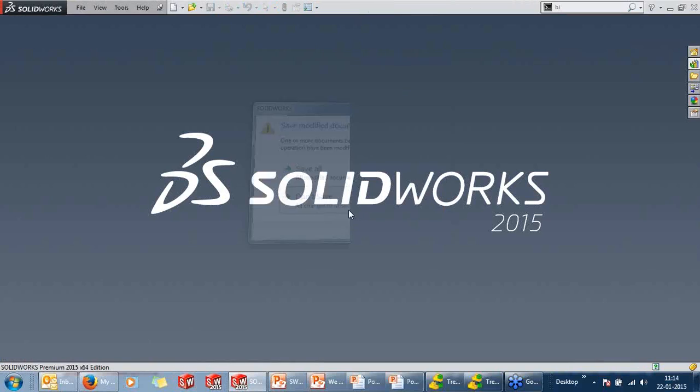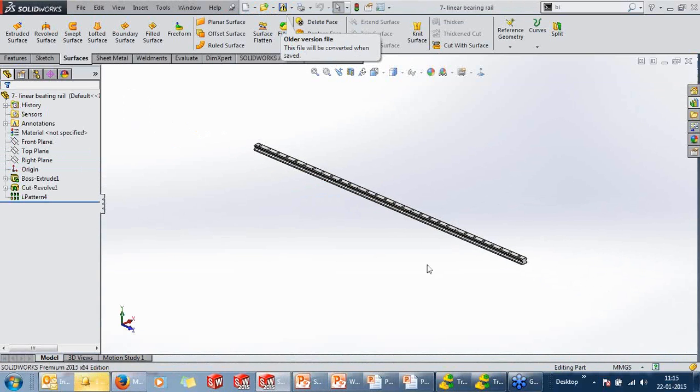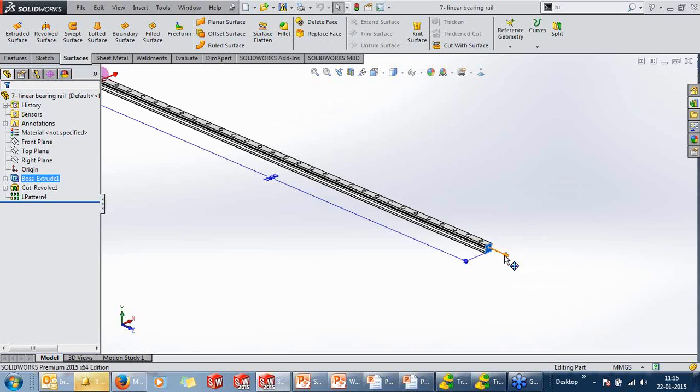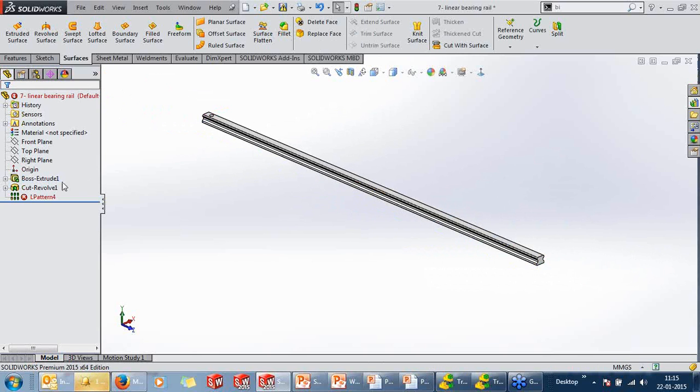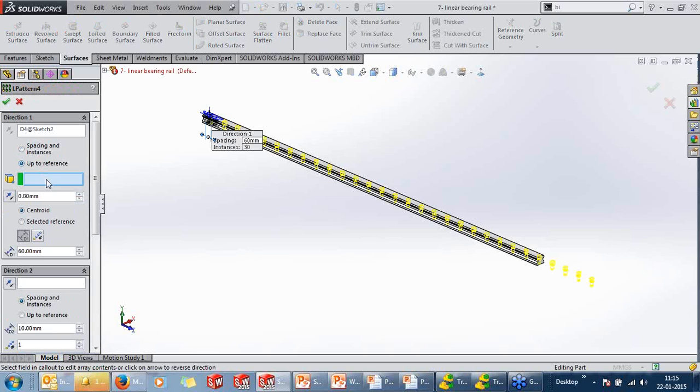So getting into the part, you can see a rail in here which can be bought at any length. If there's a change in this length, the pattern fails, right? You need not think about this because we have up to surface in 2015.